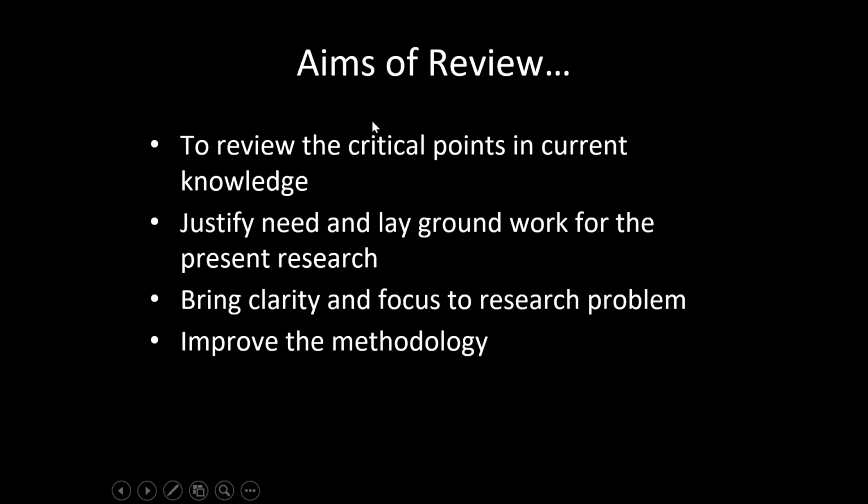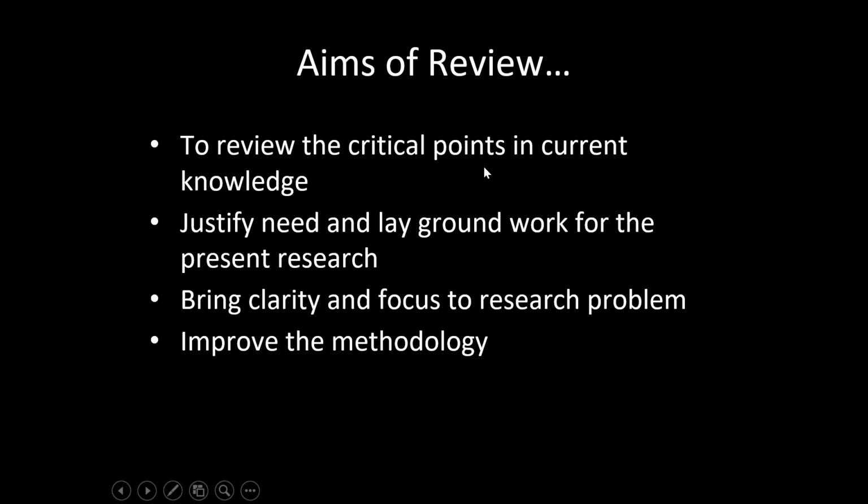It's, I think, one of the most bulky parts of your protocol, because you'll be digging out articles, and you will have a big bundle with you, and then you will read each one of them. You will sort them out. Then you will mark and mark, and you will take out what analysis they have done. So review of literature is very time consuming, it is important, and it is the main bulk of the thesis protocol. So what do we aim for when we want to review?